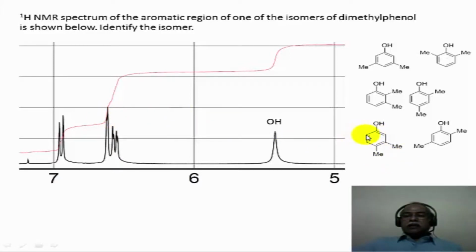And if you take this hydrogen, which is ortho to the hydroxy functional group, that should have a large coupling with the meta hydrogen here, which is in this position. So that will be an ortho coupling, and that may exhibit again a small amount of meta coupling. So this would be essentially a doublet of a doublet. So you see a doublet of a doublet with a large coupling constant, which is the ortho coupling constant, and a small meta coupling is barely seen in terms of the resolution of the spectrum of this particular multiplicity that you see here. So this hydrogen and this hydrogen, which are ortho to the hydroxy functional group, are satisfying this spectral pattern.